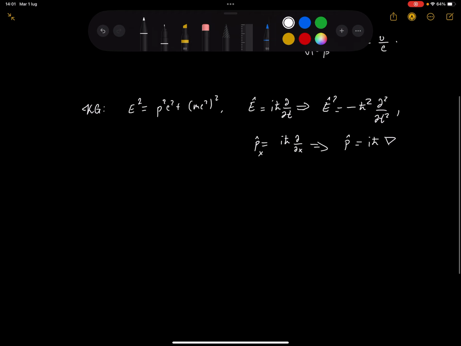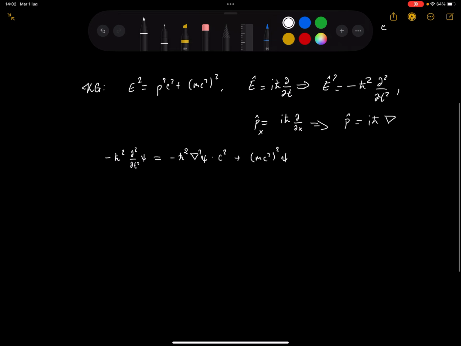And so we obtain that minus h bar squared times the second derivative of the wave function with respect to time is equal to minus h bar squared times the Laplacian of the wave function multiplied by c squared plus mc squared